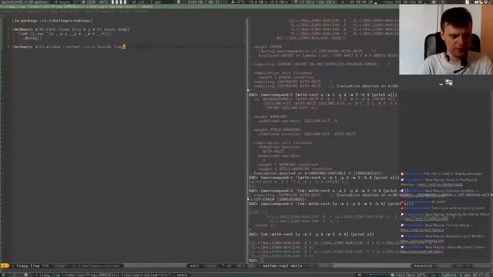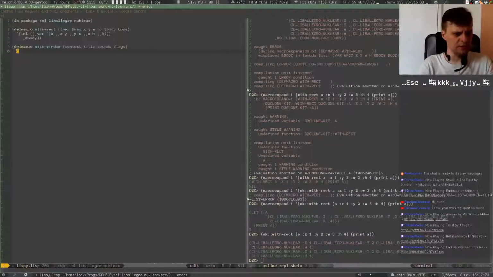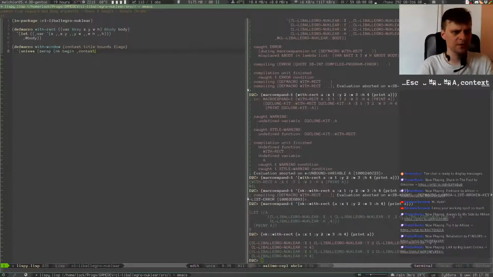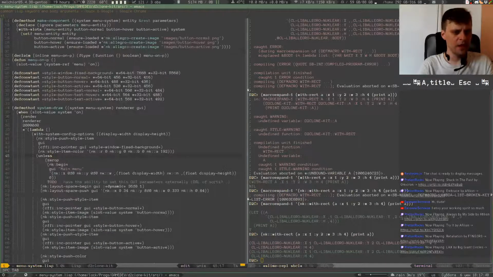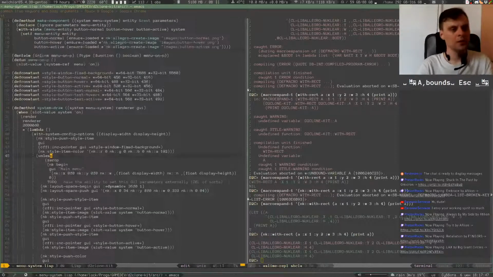Alright, so I will also make that here. So, yeah, first of all, unless 0p and k begin. So yeah, the macro. Okay. So unless 0p and k begin. Then the context. Then title. Then bounce. Yeah. Then